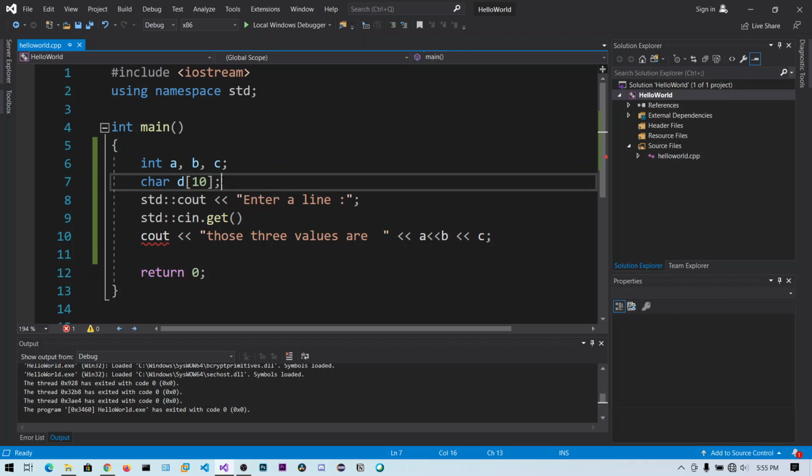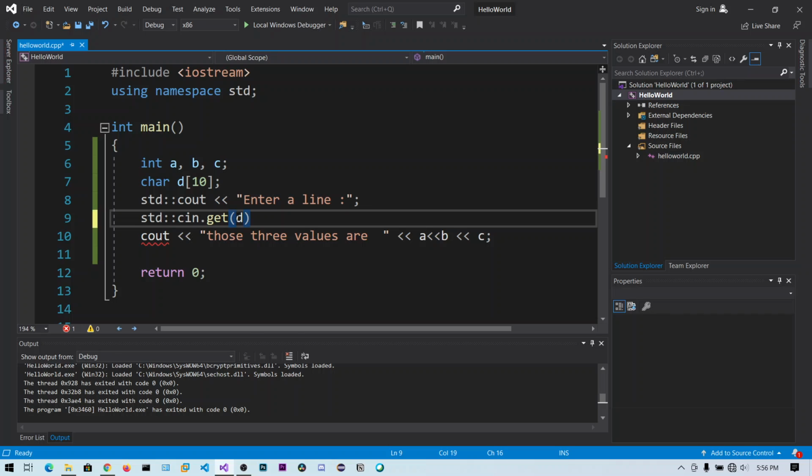I will explain arrays in later videos, but just for now, to show you how to take a line as an input, I'm going to store this in this array. So I can say d and the number of bytes you want to take as the input, let's say 10. Now we can run. Sorry, let's remove this.